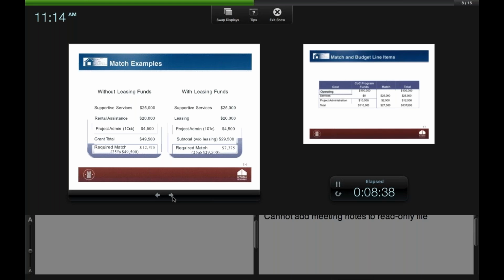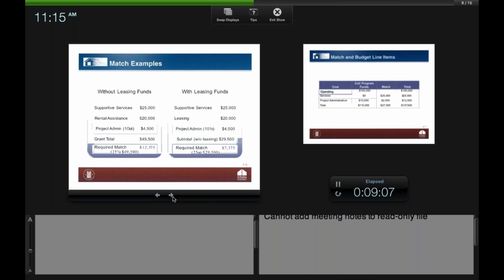The respective budget line items and amounts would be a total of $49,500. In this scenario, which does not have any leasing costs but has rental assistance costs, the entire budget must be matched by 25%. As such, 25% of $49,500 equals